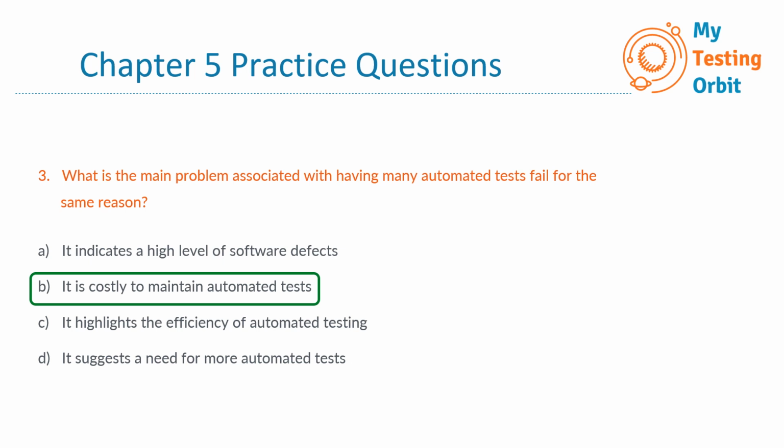Then the last one, option D, it suggests a need for more automated tests. Now, this option is incorrect because if many tests are already failing for the same reason, adding more tests may not be the best solution. It is important to first address the root cause of the repeated failures and improve the existing tests before considering additional tests. Adding more tests without addressing the underlying issues can just lead to a more complex and costly testing